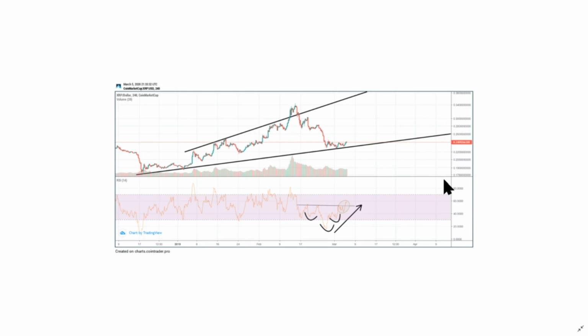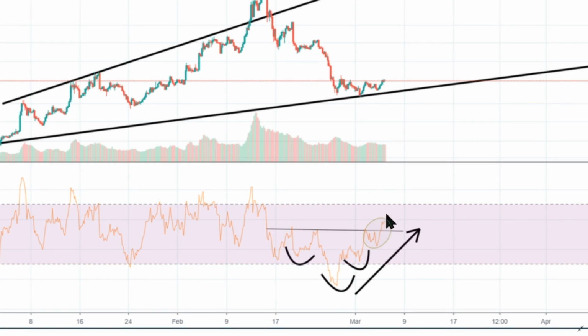Now zooming out again in the 4-hour chart and looking at this bearish bullish reversal pattern, you can see the head and shoulder pattern here in the RSI has actually broken to the upside. If you zoom in, you can understand that. We actually broke above. That is a bullish sign. First of all, this is an inverse head and shoulder, and the inverse head and shoulder is pointing you to the upside if it broke here, and if it just happened.